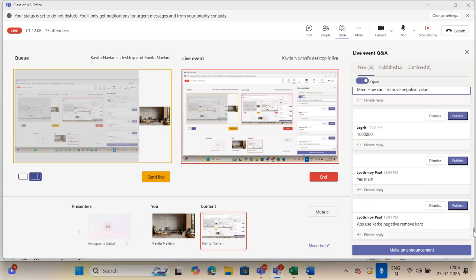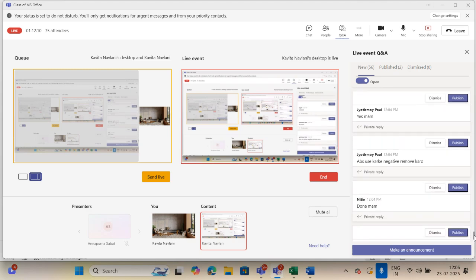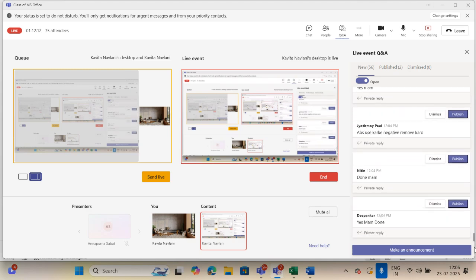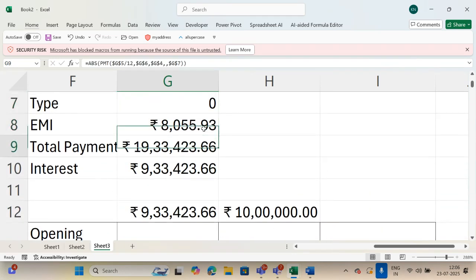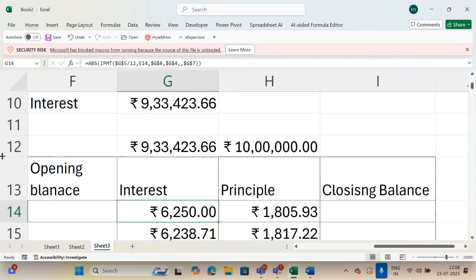Should I move to the next? ABS use करके negative remove करो. Yes, yes, yes. Done. Okay. Now the next is just the opposite case. Okay. The next is, suppose